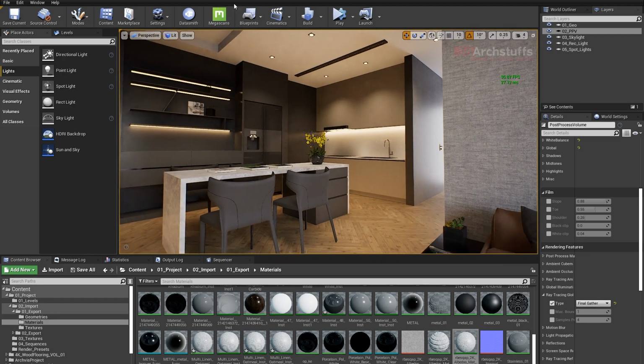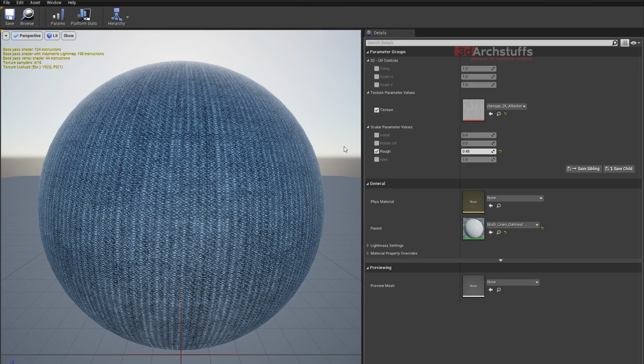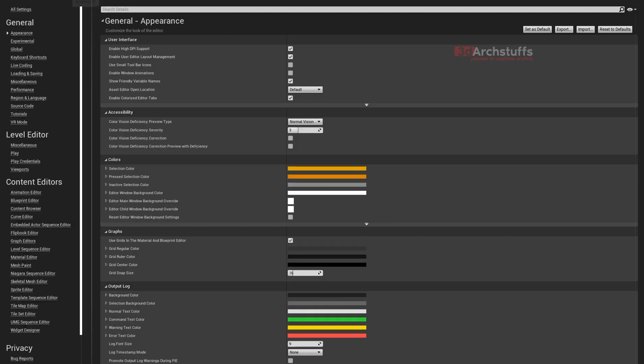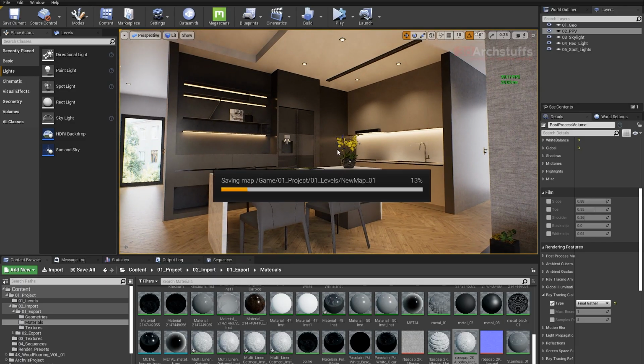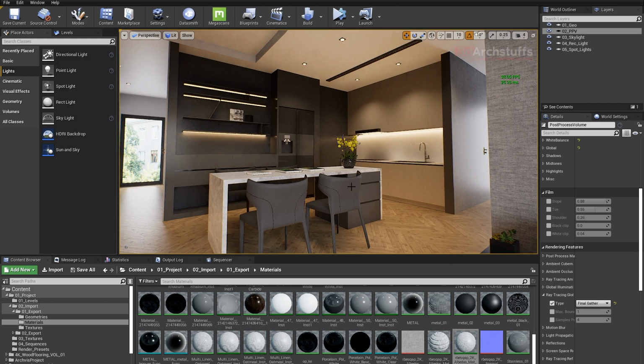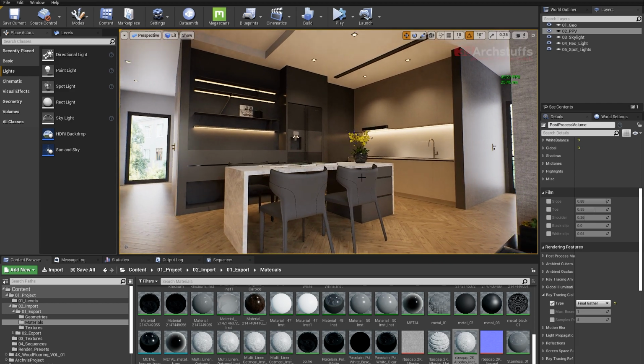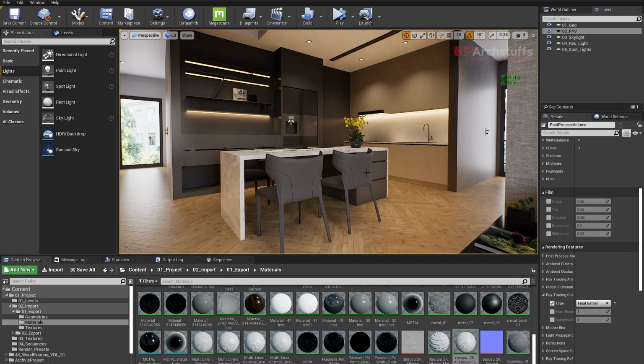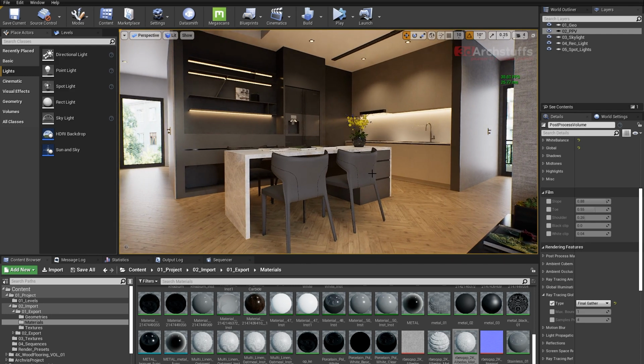So we are almost at the end of our tutorial. Now I will explain some of the optimization techniques. We didn't optimize this too much, because I already knew that no matter how much I optimize it, it will still not be usable to make a high quality interactive experience inside the scene. So mainly our aim was to render a high quality cinematic video. But still, if you want to know